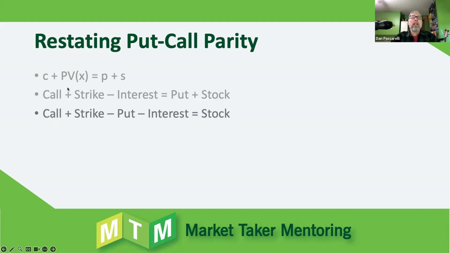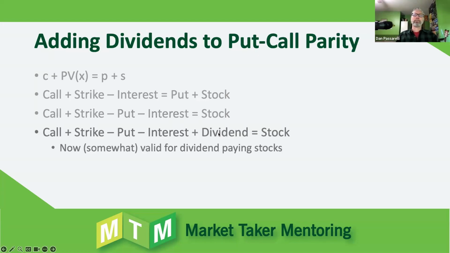All we do is we're subtracting. Okay, so call is the same here. Strike is the same here. Stock is the same here. Interest is the same here. All we're doing is subtracting put from both sides of the equal sign. So this is a long put. We're going to sell a put. So put a negative put in there, and that zeroes it out. So now it's only stock on this side of the equal sign. And then we're going to put minus put, which is short put, on this side. So basically, long call, given the strike, and a short put, taking into account interest, equals long stock. Now we're getting somewhere interesting.